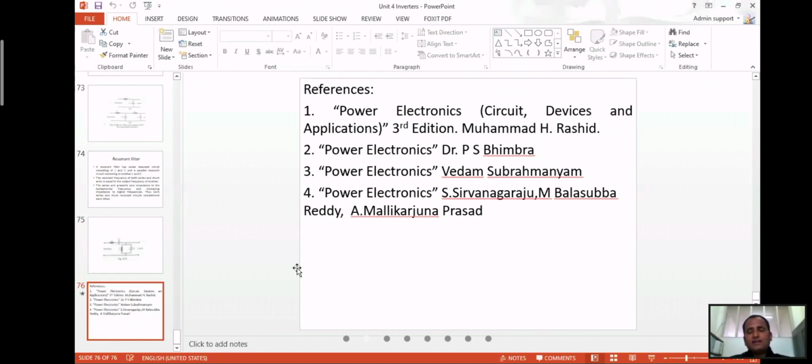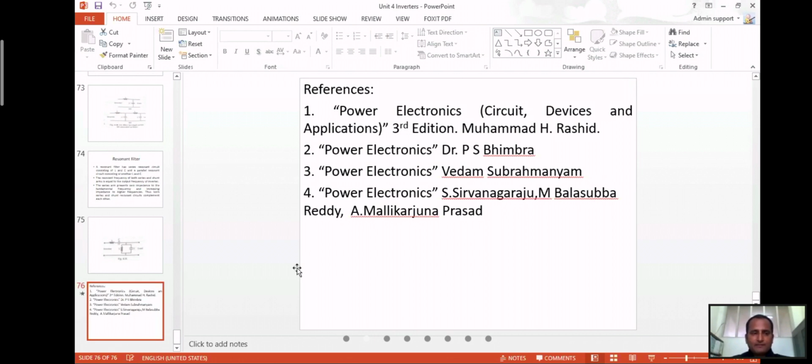FACTS, the static VAR compensator, and all these different techniques are something new, but ultimately they use a combination of series and shunt, or either series or shunt, power electronic devices. If you have a good background in power electronics, it will be easier for you to understand and analyze things in power systems. Even in power system operation and control in third year, those of you in third year must be studying this. So it is quite important to understand power electronic devices, so that it will be easier for you to understand